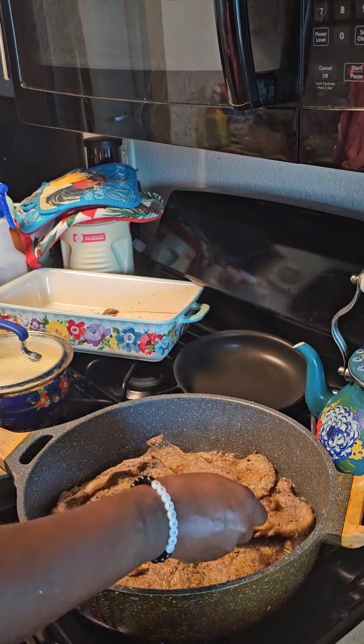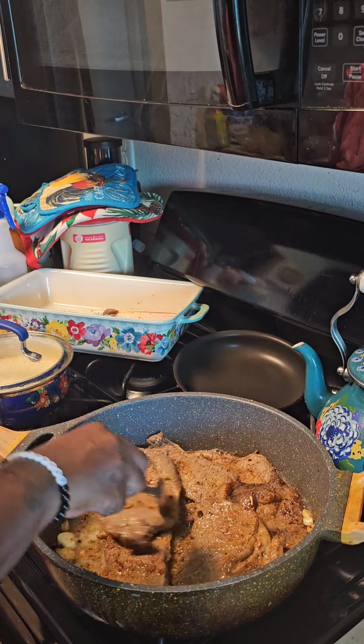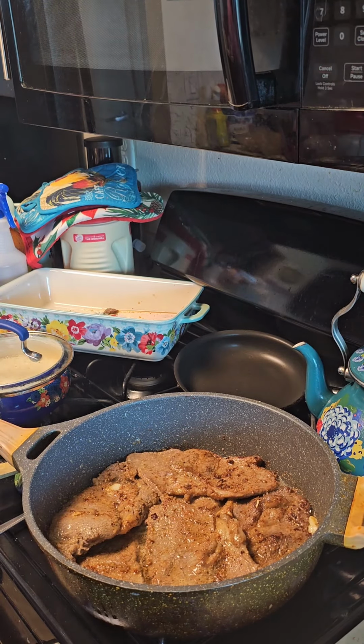So I'll give it a little flip here inside of the stuff. But basically, this is done. You don't want to overcook it, so we're going to leave it that way. It's all done there. I'm going to do a little pop with some fresh parsley on there,